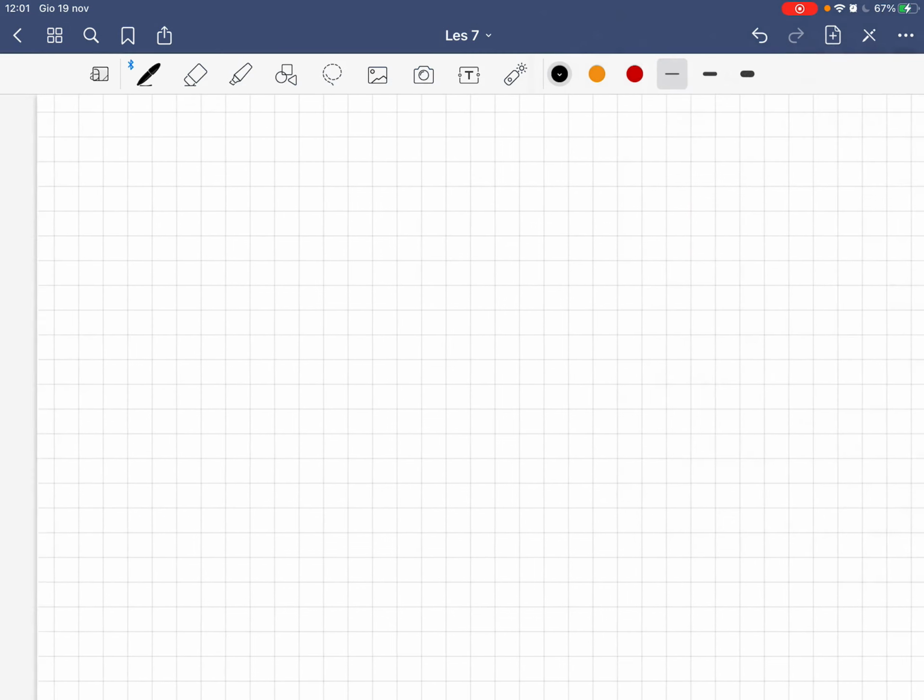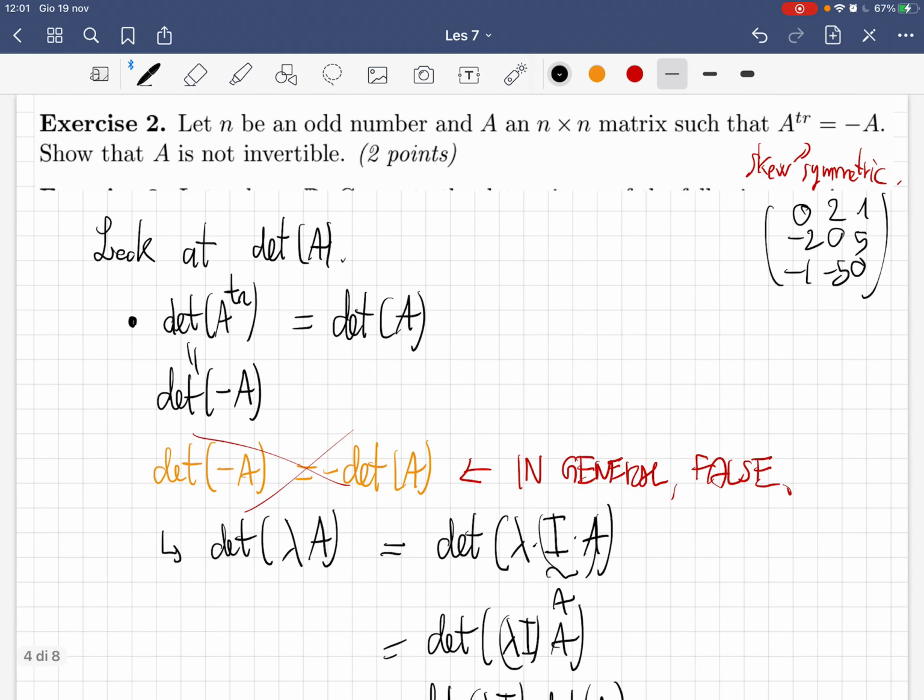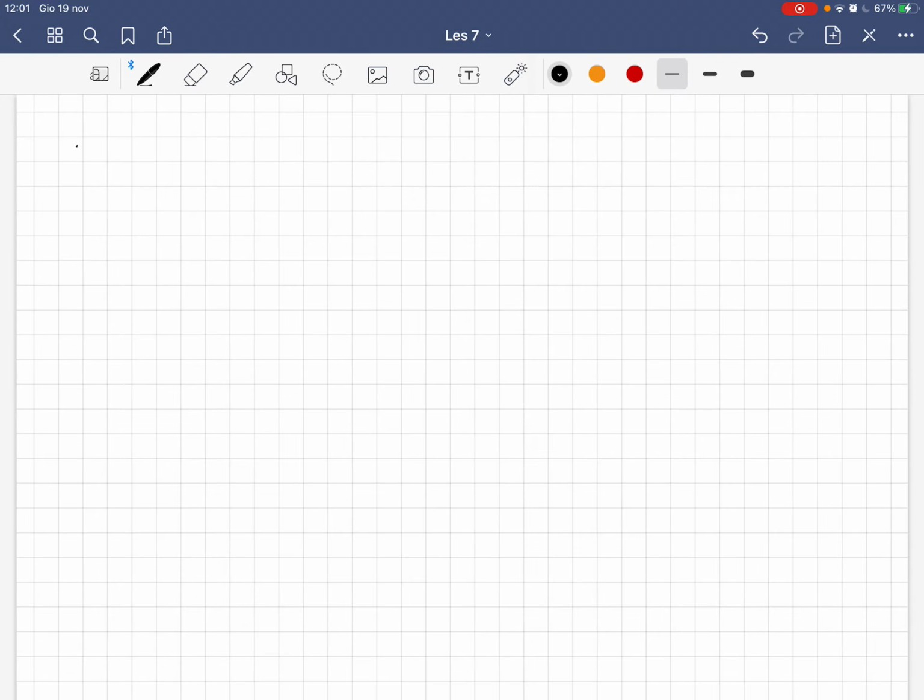Okay, let's add a page here. Now here it's going to be very short. So, exercise, true. We have, by hypothesis, this is our hypothesis, we have,